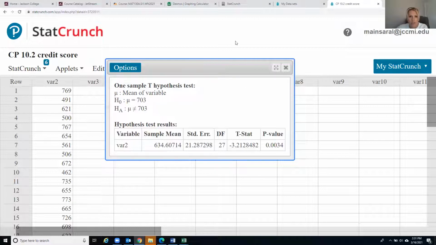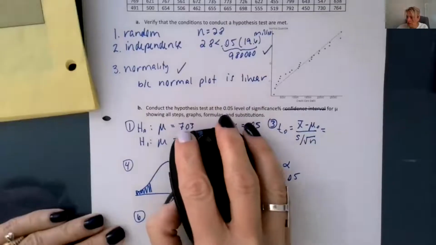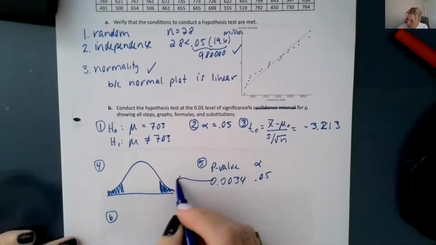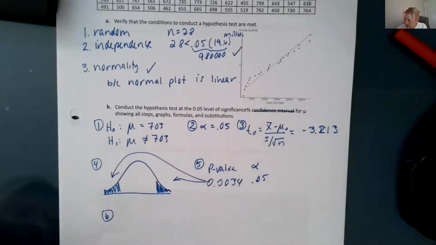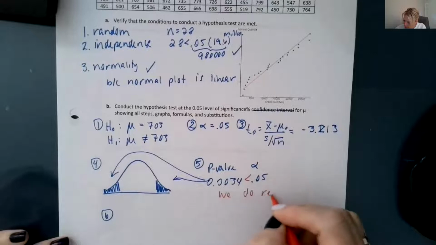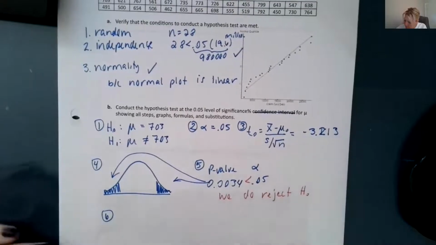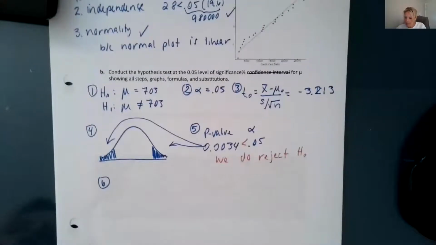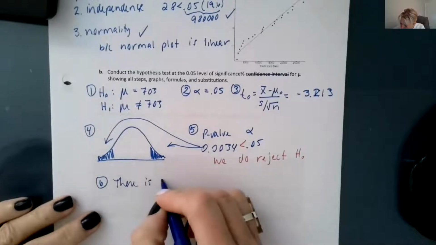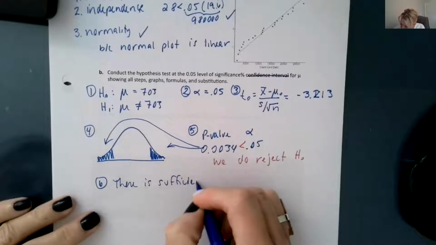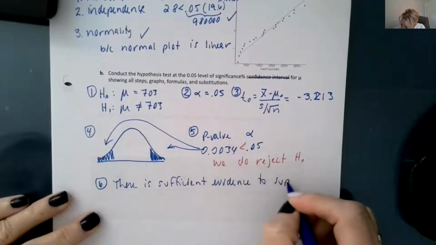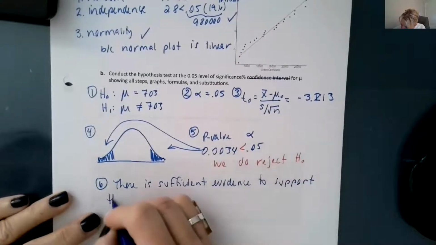So let's go back to our paper and make sure we're all writing the same information down. So there's our T statistic, there's our p-value, which is spread out amongst these areas. It is definitely less than our alpha, so we do reject H0. So in that case, there is sufficient evidence to support the claim